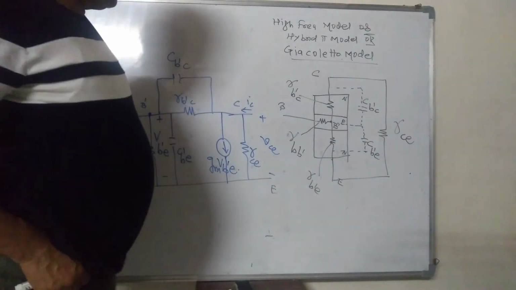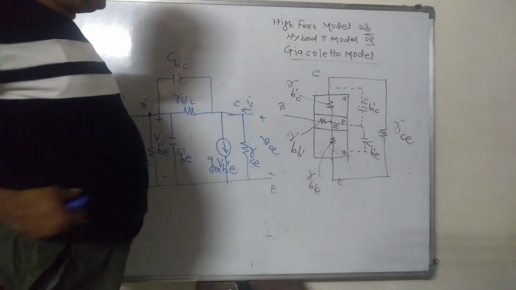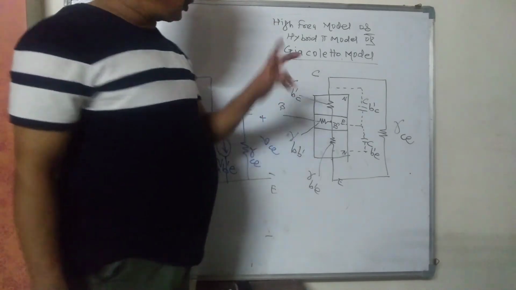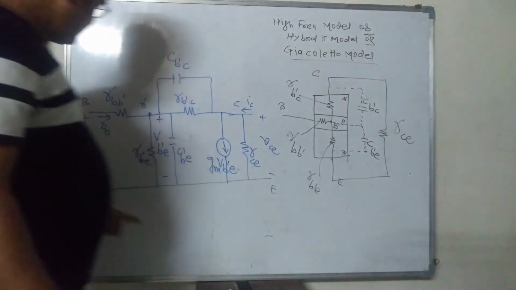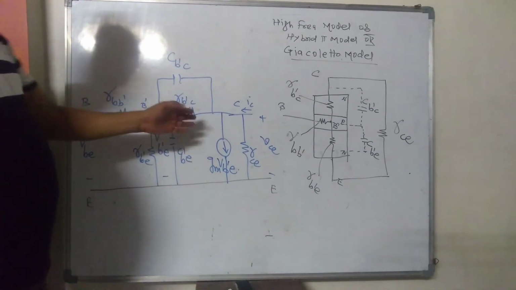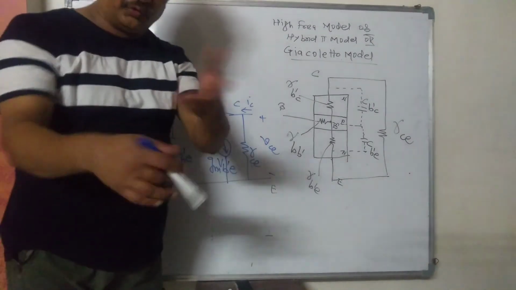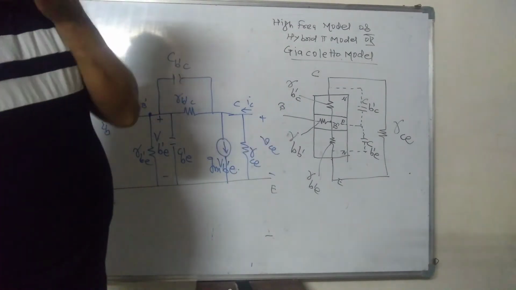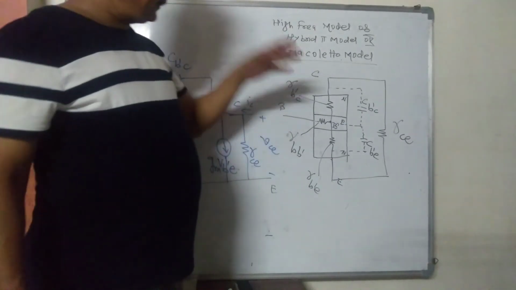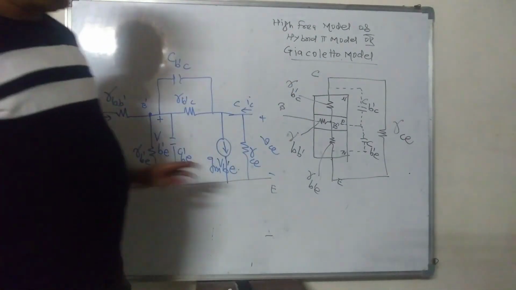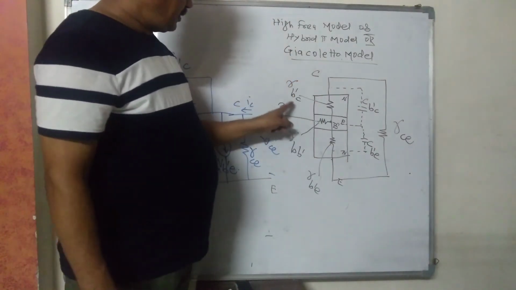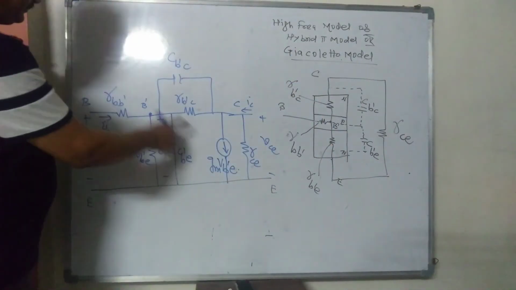Is that clear? So what we have done? This derivation is not required to draw in the exam. A question will be asked: draw the hybrid pi model, and write the significance of each parameter along with their typical values. Their typical values and significance I am giving you in notes. But what is the model and how is it drawn? So this is the model. The parameters in the model are indicated here, between B and B dash, all are indicated.